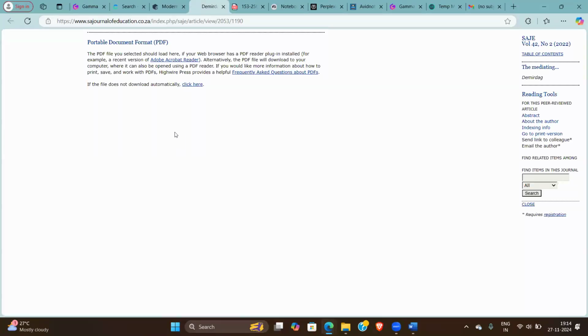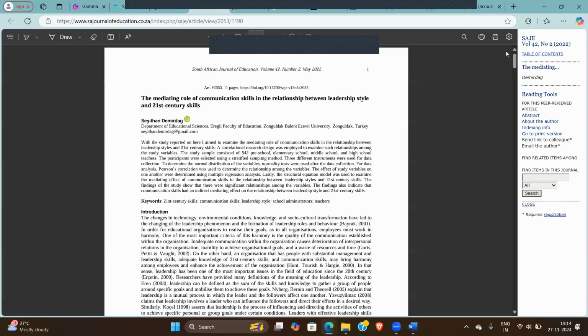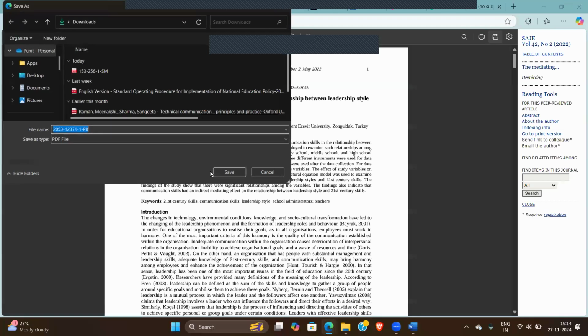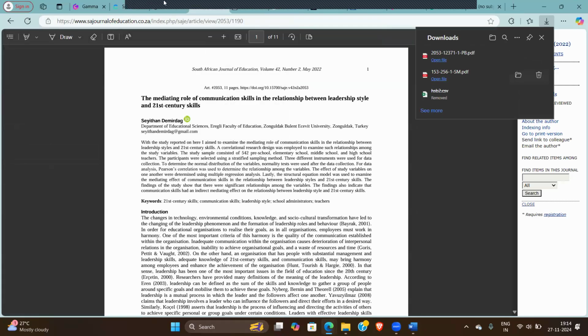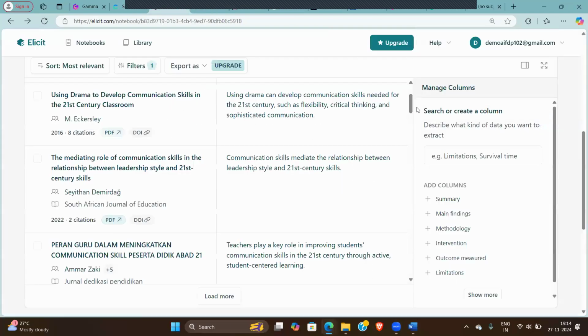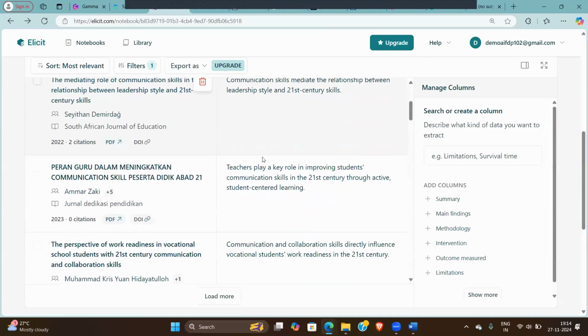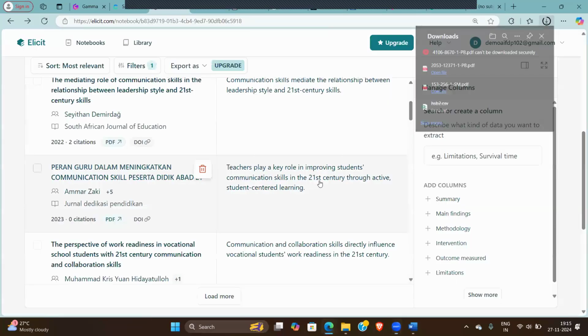So just like our other platforms that you see, it will do three things. It will either download the document, or open up something like this, or maybe it will open up the website where the paper is located and from there we can download. I'm downloading two or three papers because the next tool that I want to show will require us to have some PDF documents as well. Okay, while it downloads, let me see if I can